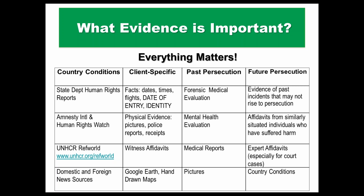Expert affidavits, particularly for court cases, can sometimes be quite useful too. This depends a lot on the country of origin. There are many countries now where you can find so much great detailed country condition documentation from news sources and other entities that you don't necessarily need a country condition expert, but in some cases you do, or in some cases where there's a really specific issue that country condition documentation generally won't touch on, an expert affidavit can be